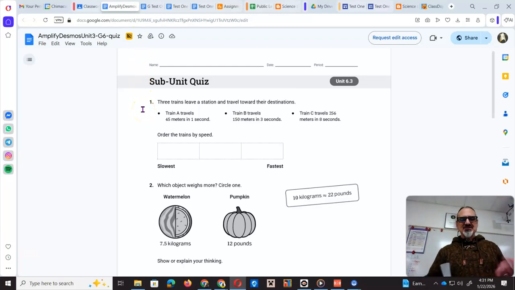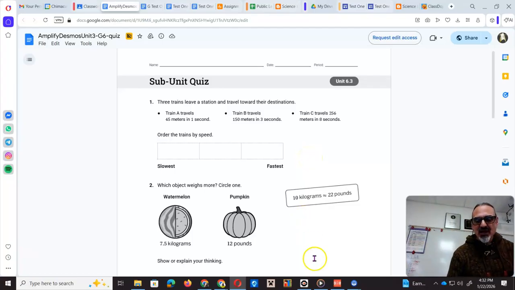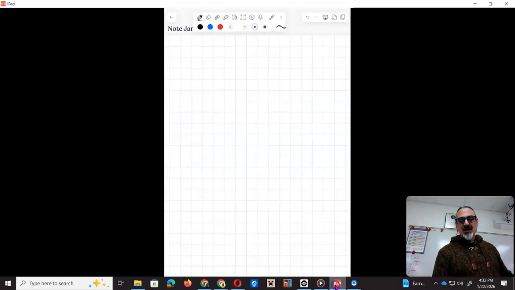Three trains leave a station and travel towards their destinations. Train A travels 45 meters in 1 second, right here. B, 150 meters in 3. And C travels 256 meters in 8 seconds. And they had to order them from the slowest train to the fastest train. So let's take a look at how we could start. After the quiz, I showed kids who got that one wrong, hey, if you take the very first train, Train A